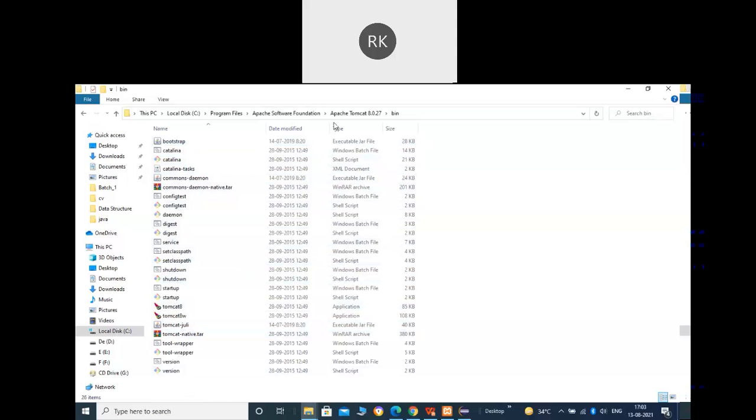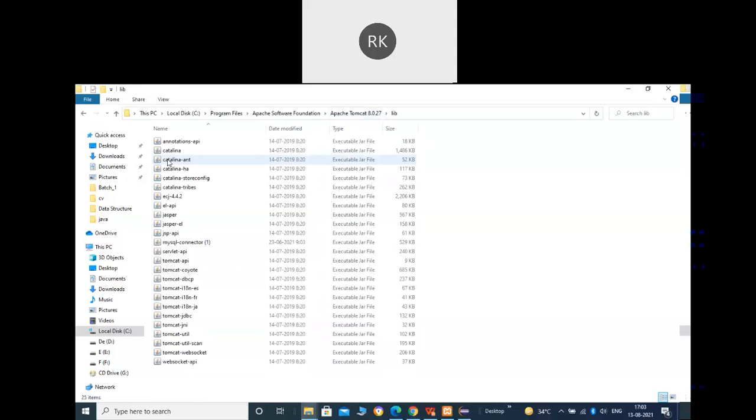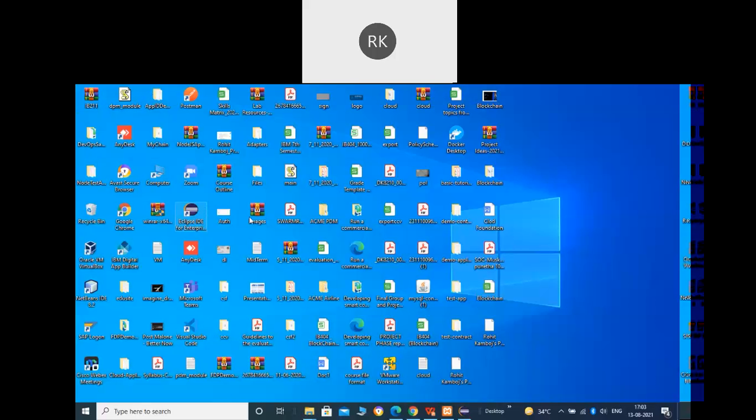Here you can see in Program Files I have a folder named Apache Software Foundation. Open it, and you can see it has the version that I have installed. And here you can see you have a bin folder. So what you have to do is put that jar file here.